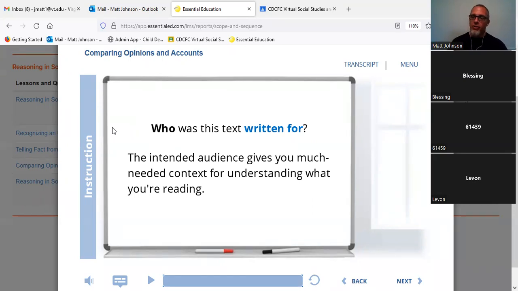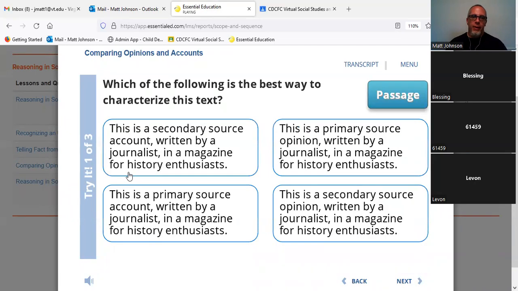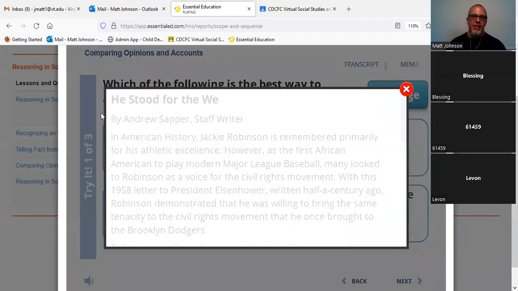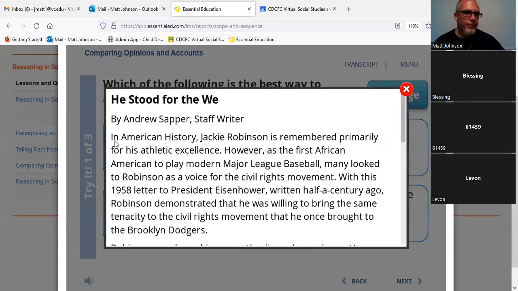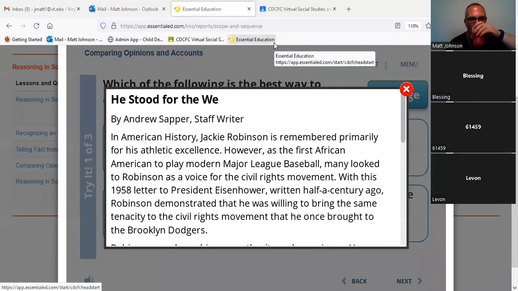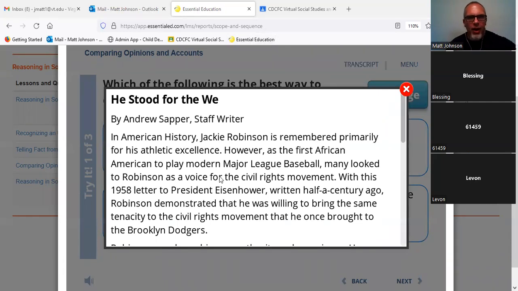So that's something we also need to keep in mind. Who was that audience? Who was it written for? And also, just as important is who was writing it and why were they writing that? So let's take a look here. Which of the following is the best way to characterize this text? Okay, so looking at sort of evaluating the text that we have here, and thinking also about the title, the author,